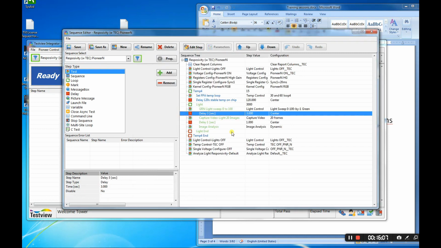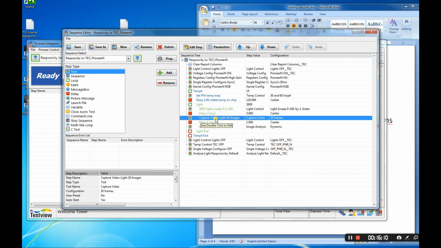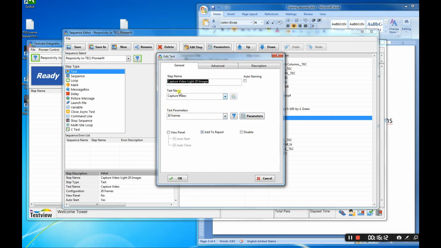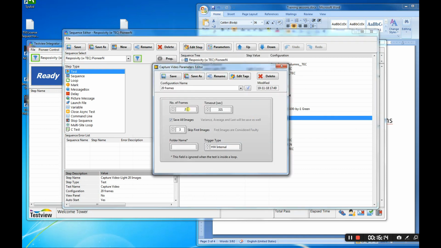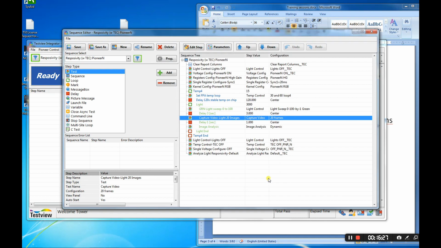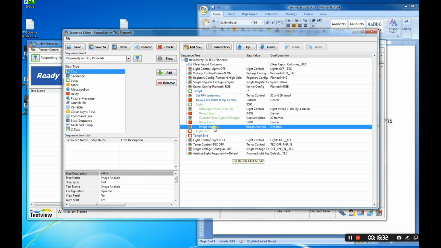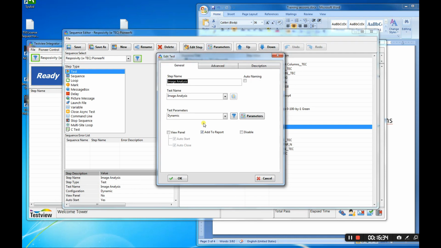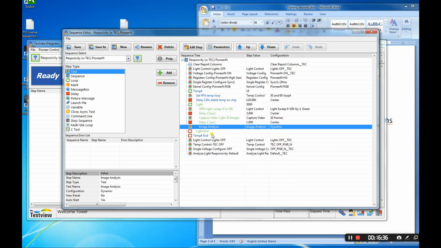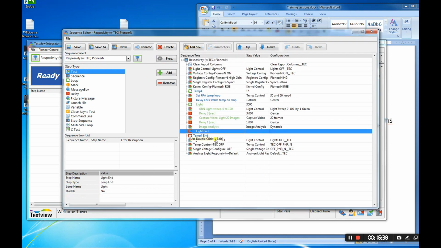Then we have another delay of 3 seconds. Then we capture 20 frames. You can see here, capture 20 frames, timeout. We want to skip the first 3 images, the trigger type from the board to the chip. Then we have a delay of 1 second, image analysis which is storing the data, the images, onto the CSV file, and now we close the loop, light end,